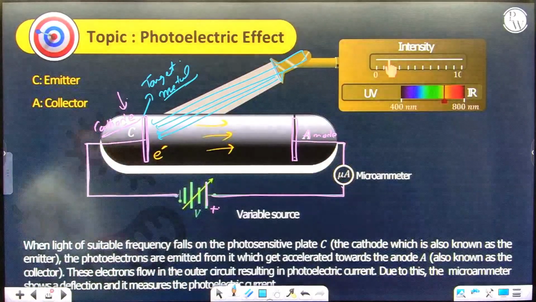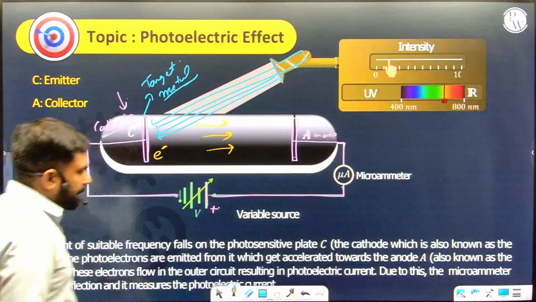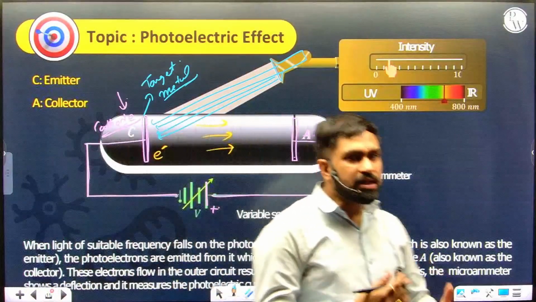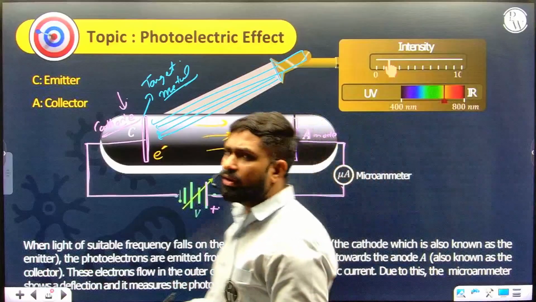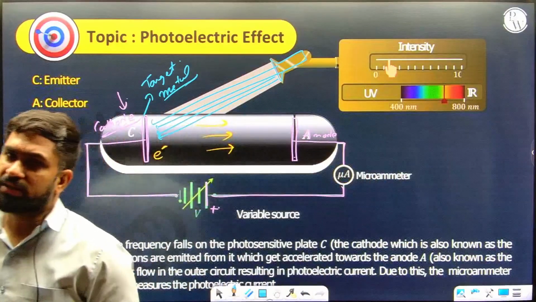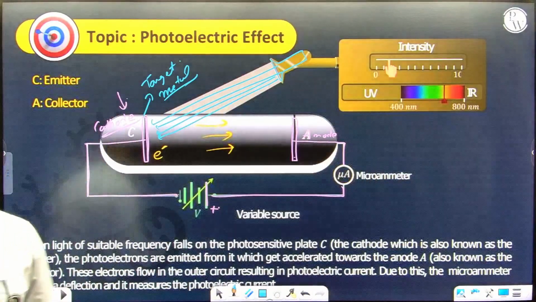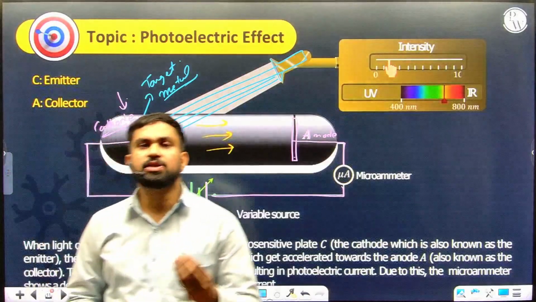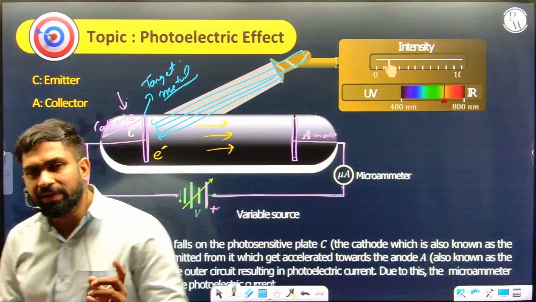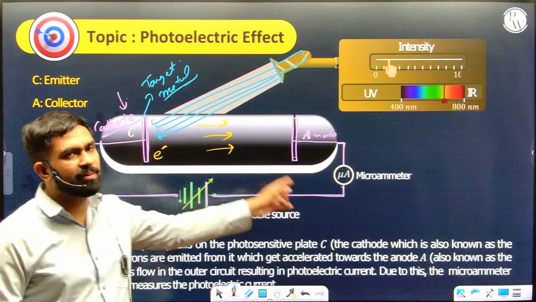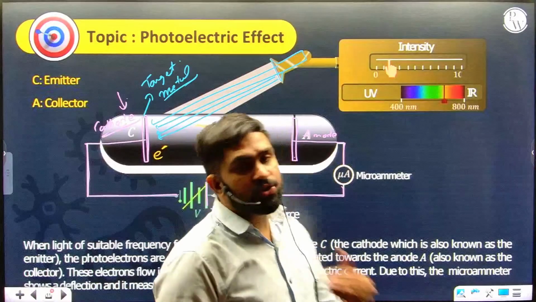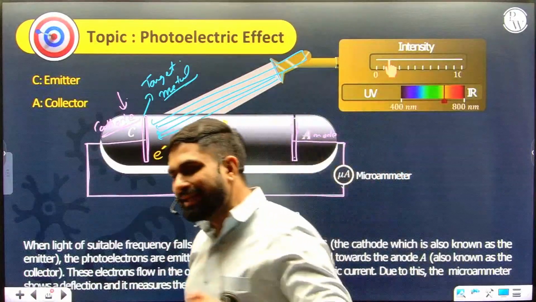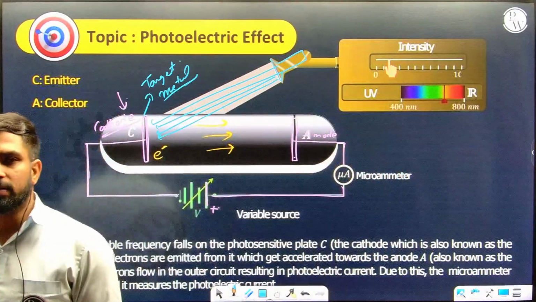That's your photoelectric emission. Now see, there are different aspects to verify whether electrons are actually emitted from the metal surface or not, because we cannot see electrons. So how do we judge, or how do we verify? We verify it using the circuit parameters. Now tell me, electrons are charges, and when the charges move, they constitute current in the circuit. Correct or not?